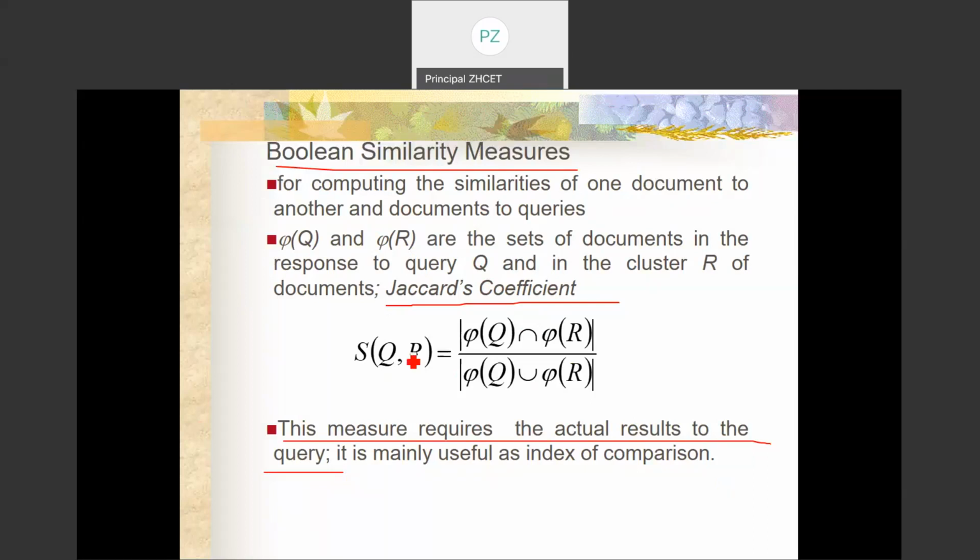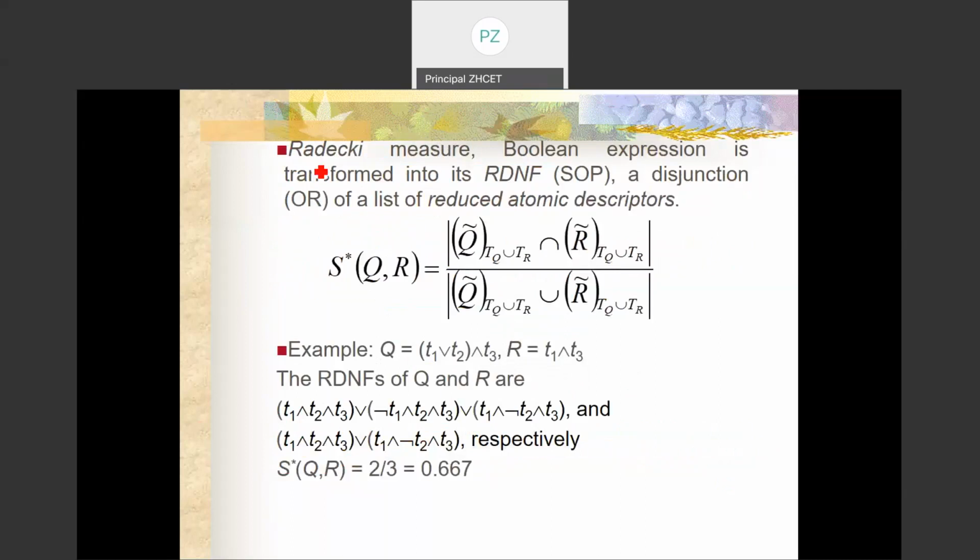Let me move on to a practical Boolean similarity measure. This is attributed to the Radke measure. The Boolean expression is transformed into reduced disjunctive normal form, which we normally call a sum of product form, a disjunction, or OR, of a list of reduced atomic descriptors. So I'll explain through examples. For the Radke measure, I've put this star in order to differentiate it from the Jaccard's coefficient. So S star between Q and R is the number of